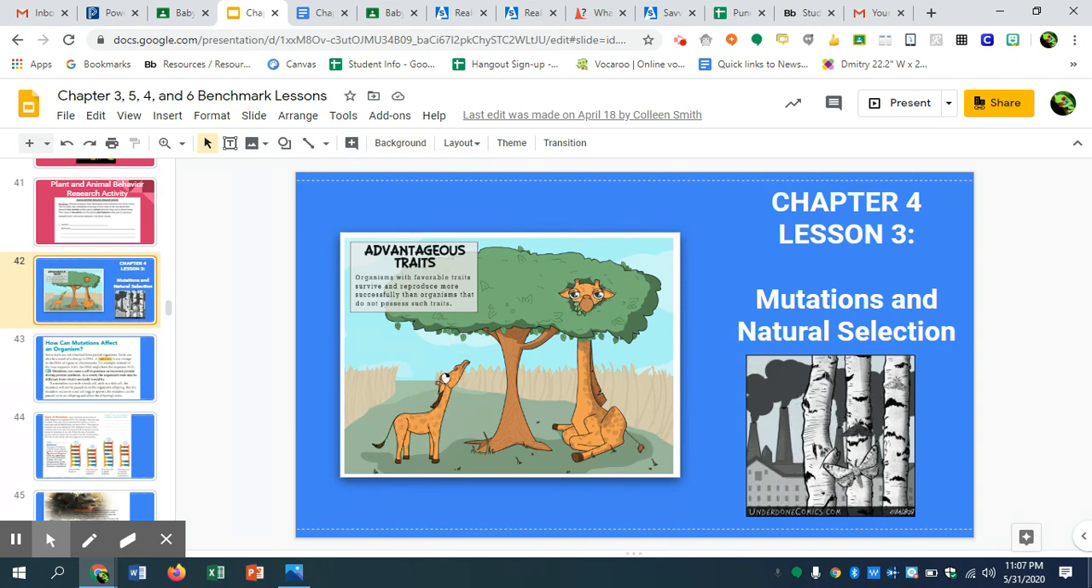Okay, so let's talk about one of our ending chapters. It's not our last one, but we're coming up. This is chapter 4, lesson 3 about mutations and natural selection. Today we're just going to talk about mutations. Tomorrow and the next day we'll talk about how mutations affect organisms, how it makes them more fit or